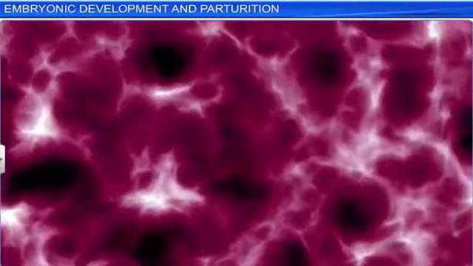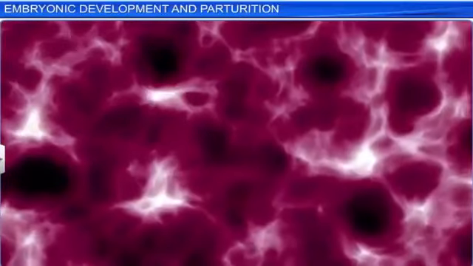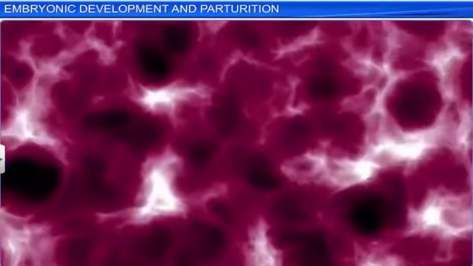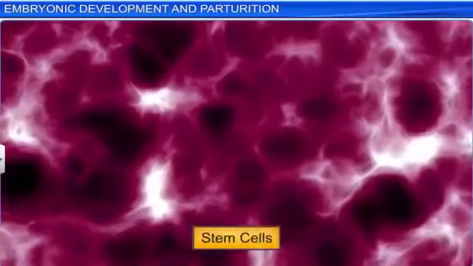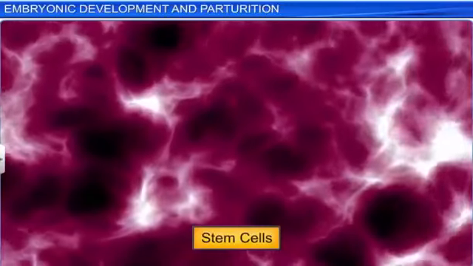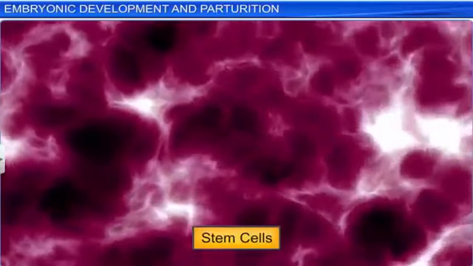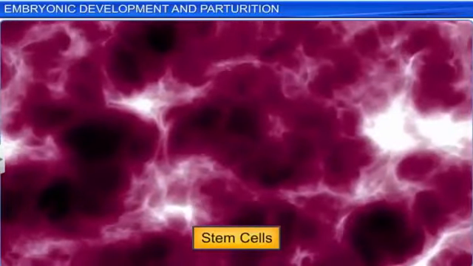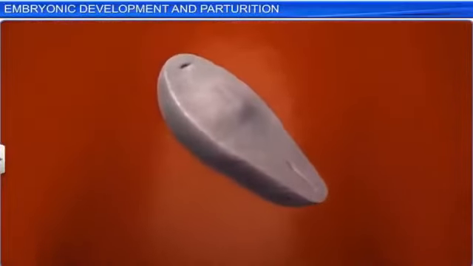Did you know that apart from the 3 germ layers, the embryonic disc also contains certain cells called stem cells, which have the ability to give rise to all the tissues and organs present in the human body. As the embryonic disc grows,